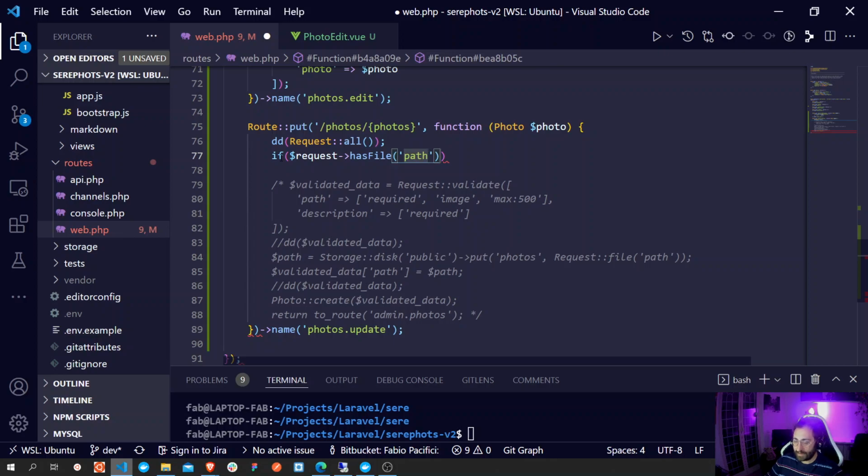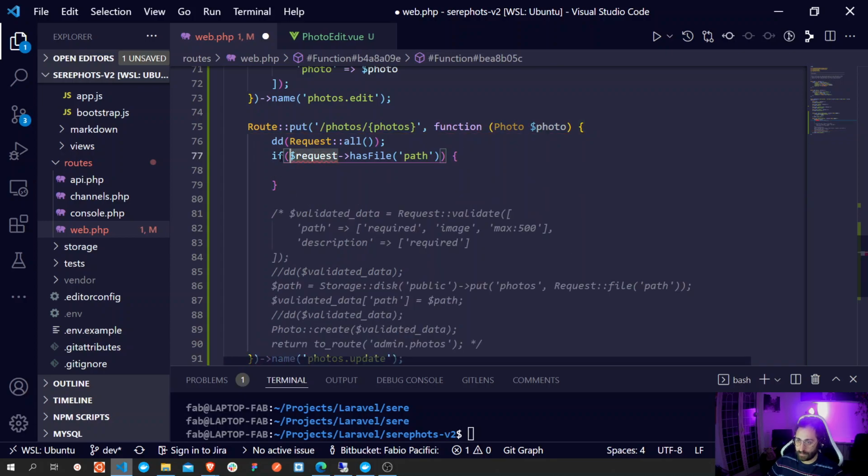So if there is a file inside this request, we need to do something. Clearly there is no dependency injection right here, so let's do it. Or we can just inline this one right here. So just do request. Right, so if request is a file,